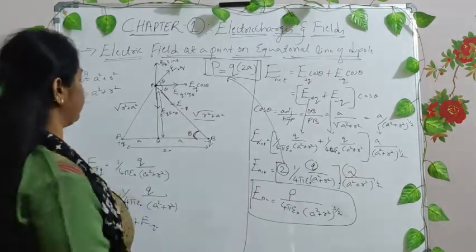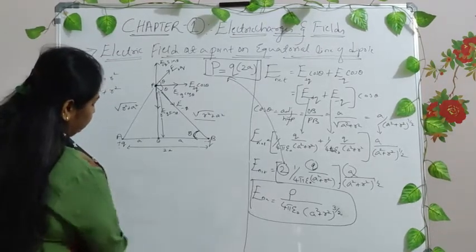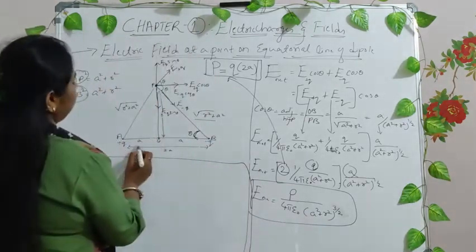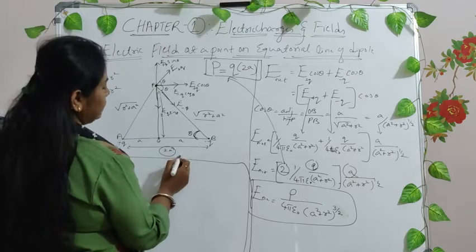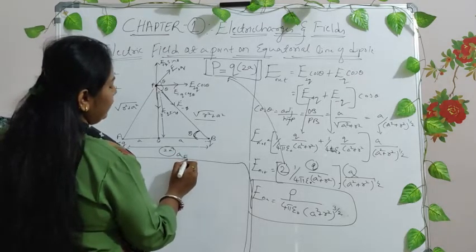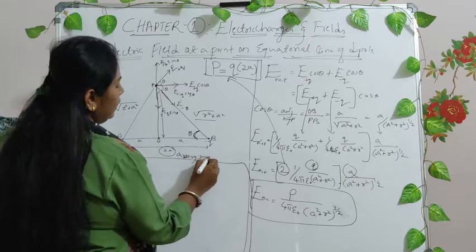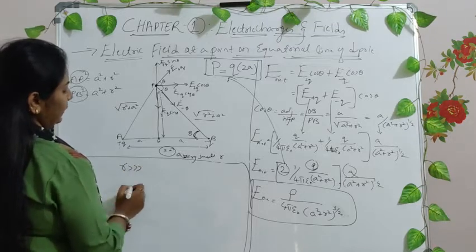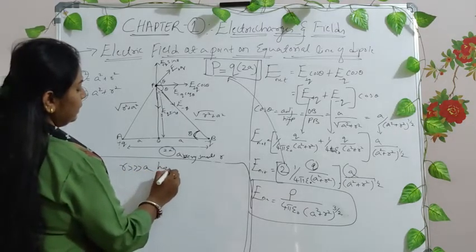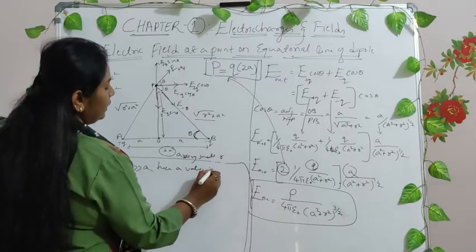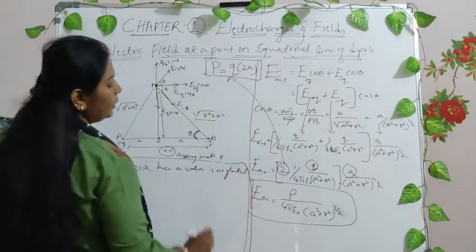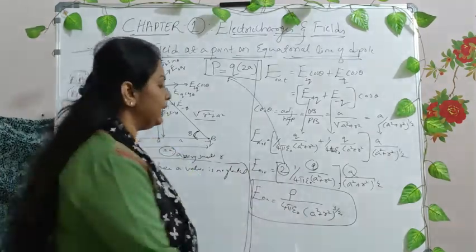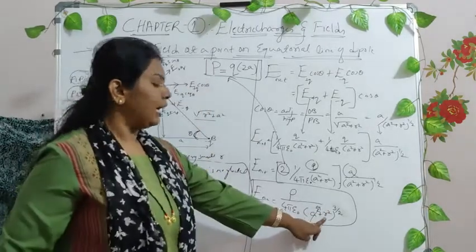Now you have certain conditions. Say for condition 1, if the distance between the electric dipole charges, that is 2a, so that a is very small compared to r. Say for example, r is much greater than a, and hence the a value is neglected. This a is so small in comparison with r that the a value is neglected and only r is taken, right?